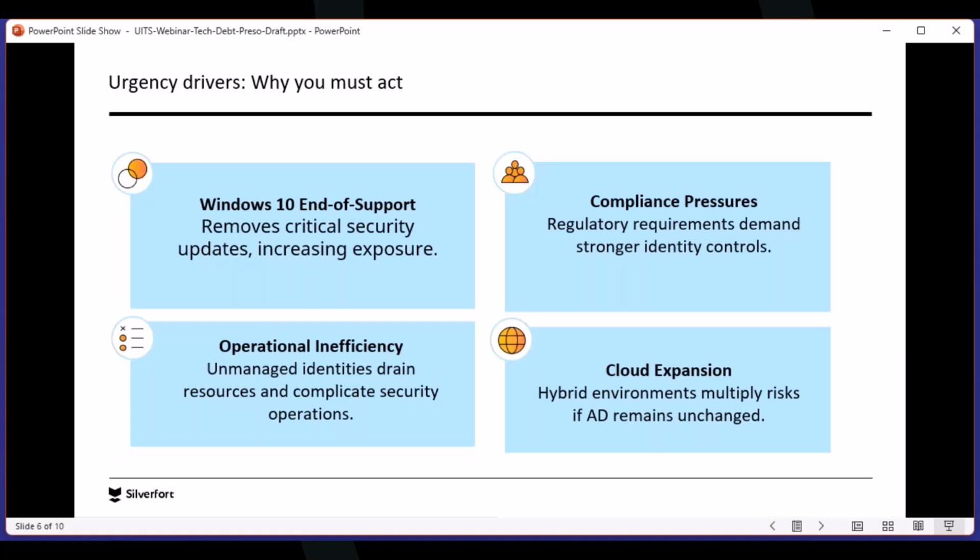Unmanaged identities drain resources and complicate security operations. Well, yeah, absolutely, right? These are challenges. They're potentially orphaned. They don't have an owner. We don't know what they do. We don't know what they'll break. And somebody has to chase that down, and typically it's an IAM team. I'm sure most of the folks on the call are either in IAM or security, and you already have a lot to do, right? These are teams that are usually overtaxed and undermanned, and that creates all kinds of problems when we're trying to chase down unmanaged identities or groups that don't have owners and things like that.